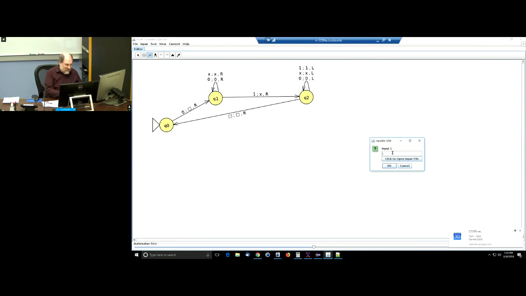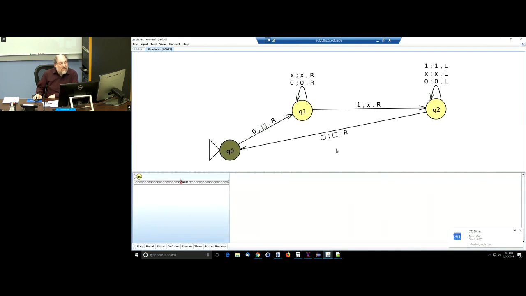Let's see, what do we want? We want 0, 0, 0, 1, 1. I was doing 3 ones before, right? No, 3 zeros. 3 zeros, 2 ones. Not that it's bad to vary your test data a little bit. Okay, so we erase the first 0, skip over 2 zeros, overwrite that first 1 with an X, and now